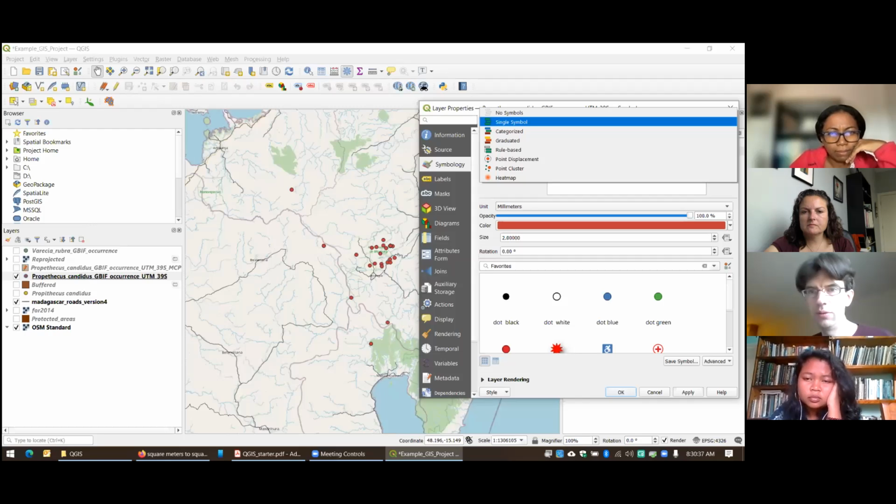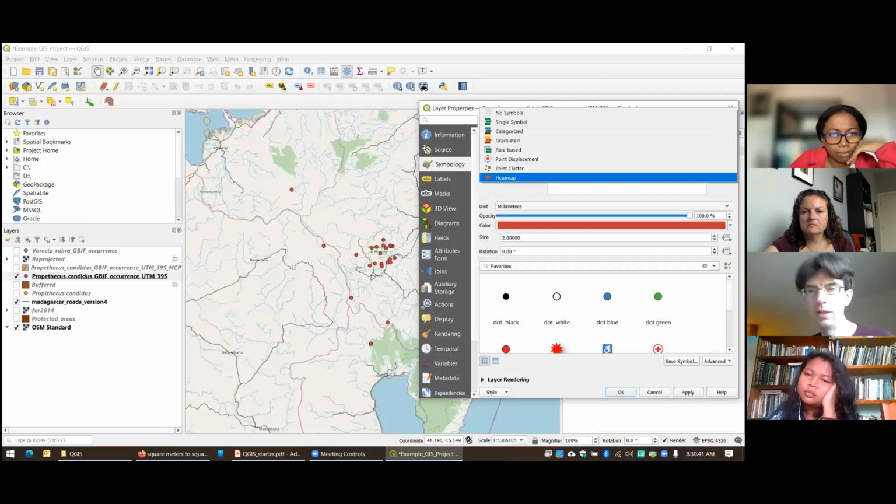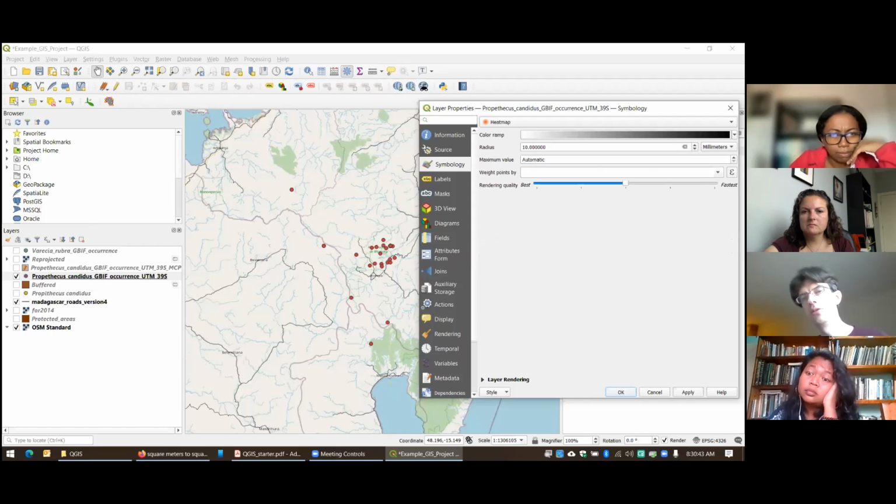We can click the down arrow and get a menu, and click heat map. Essentially a heat map is the same thing as a kernel density estimator, but we're not actually creating the layer here. We're just telling it to display the data in that manner.